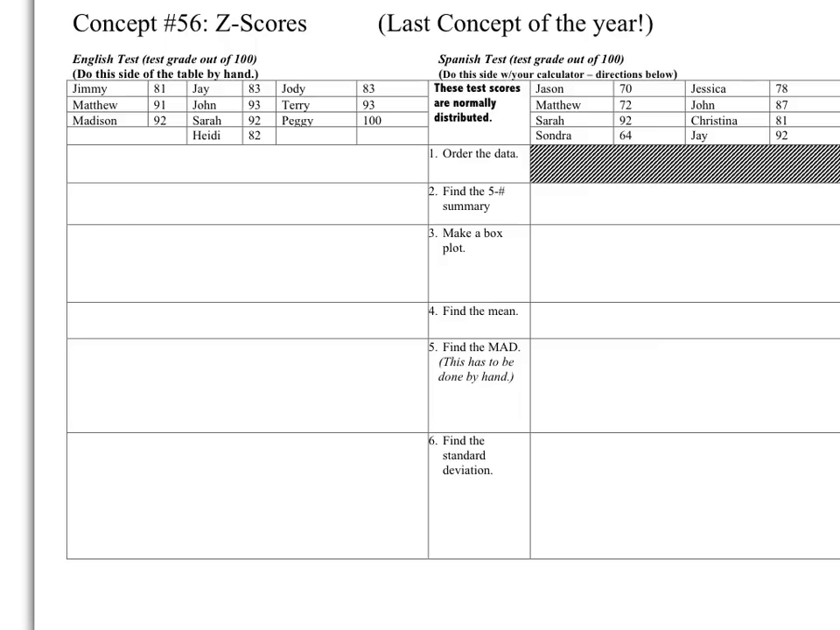This whole side right here, you're going to calculate all of this stuff by hand. So you're going to order the data, find the 5-number summary, all of that by hand. This side, however, I want you to follow the directions down at the bottom of your paper about